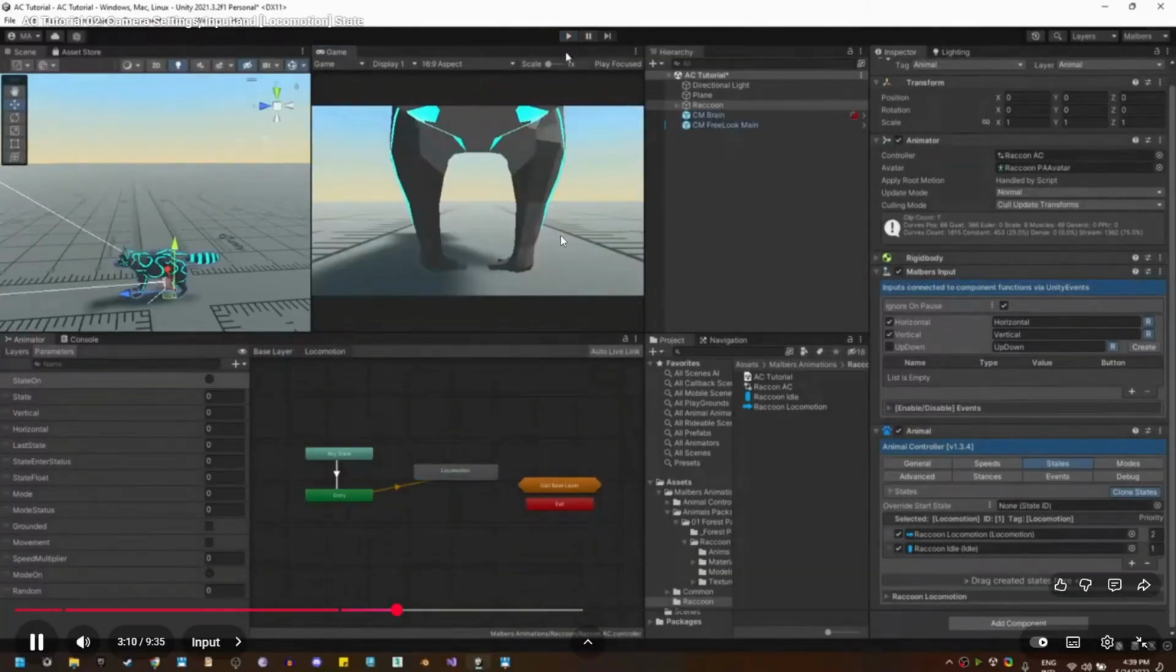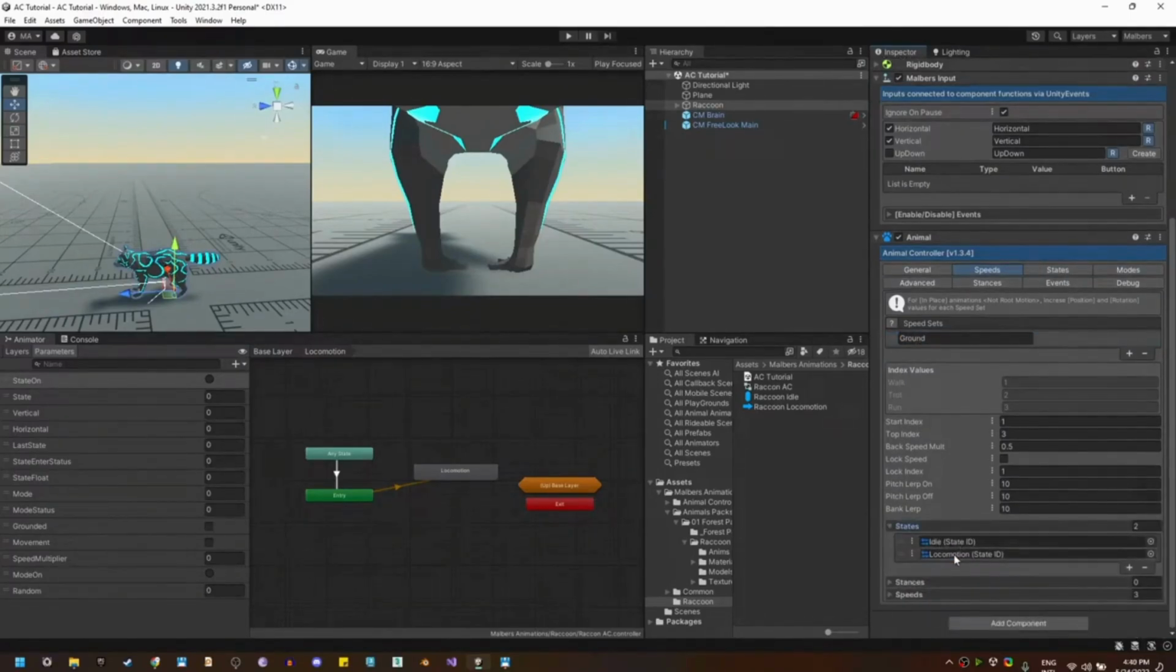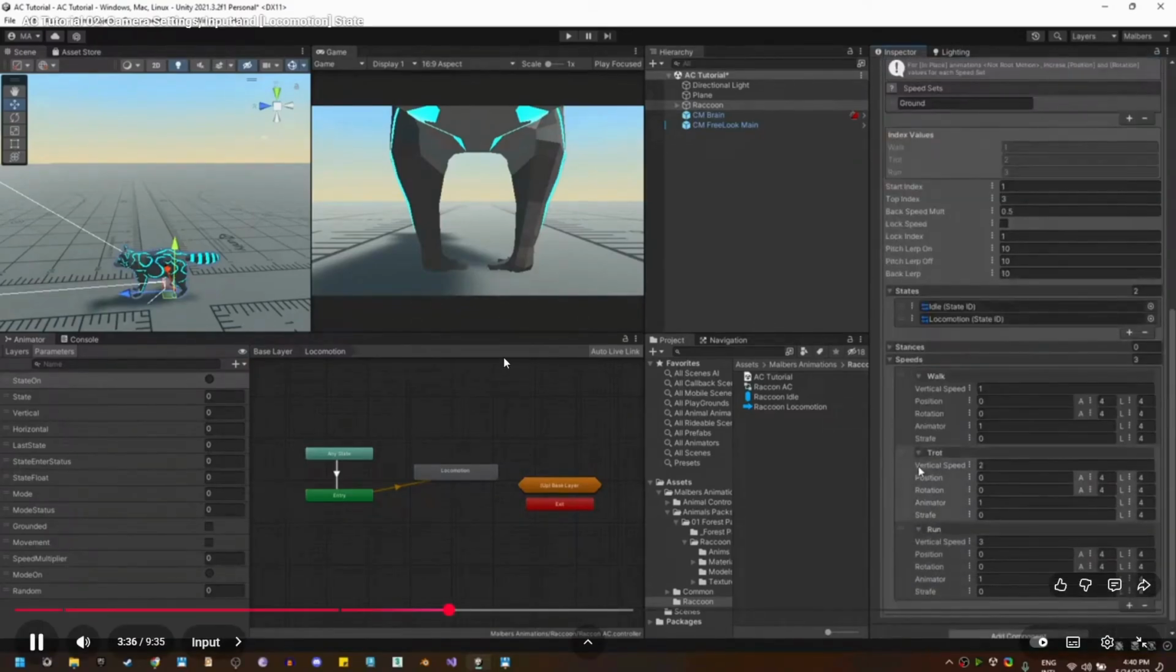if you don't have them, we can fix that using the speeds. Some states, like idle, locomotion, and fly, use speed sets and speed modifiers. By default, when you create the animal component, I give you the ground speed set, and this speed is connected to the idle and the locomotion state. If you open the speed dropdown, you will find a walk, trot, and run speed modifiers. Each one has a connection with the vertical parameter